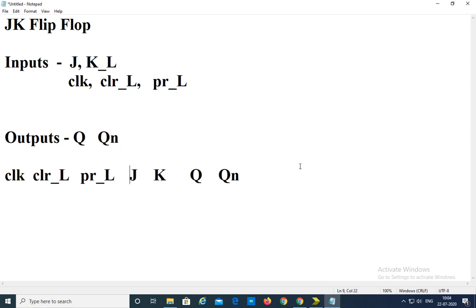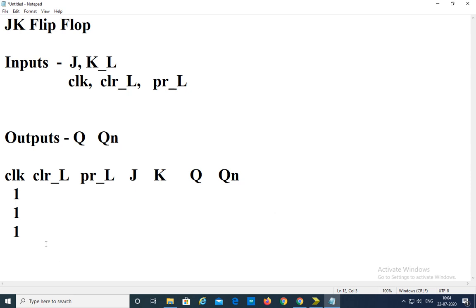See, the flip-flop operation is done only when clock is high. We are designing for a clock high, we have to change the states. So that's why clock should be high for all combinations for the flip-flop operations, right?